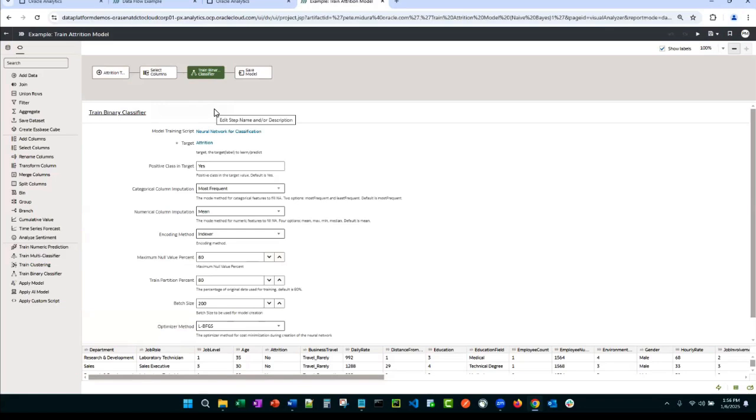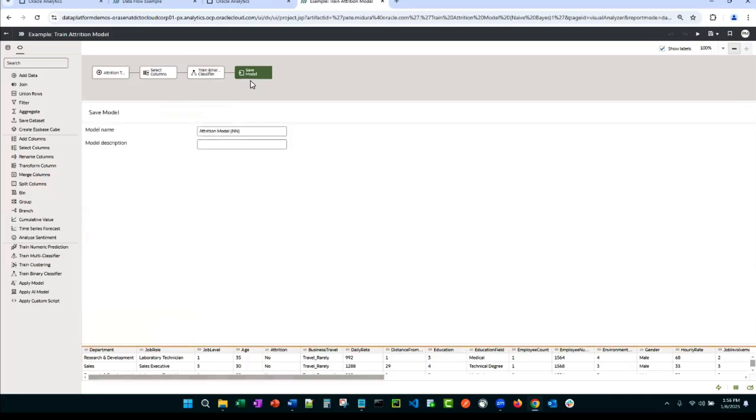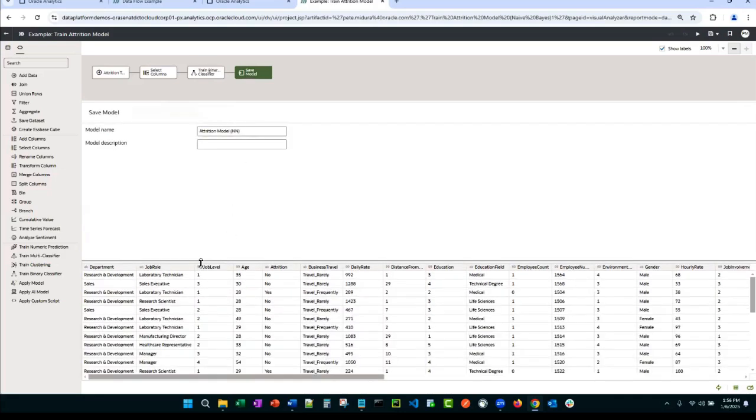And these models, we provide the quality scores on these models. There are other underlying data sets that help data scientists monitor the models over time, but very easy to set up. And then you save the model. Once you save a model, you can then provide access to it to other analysts so they can then run these and get the predictions out of them themselves without ever having to know or being part of the model building process.